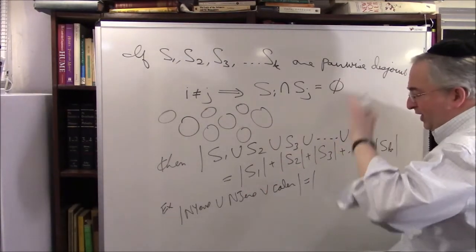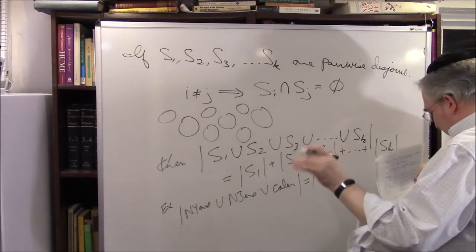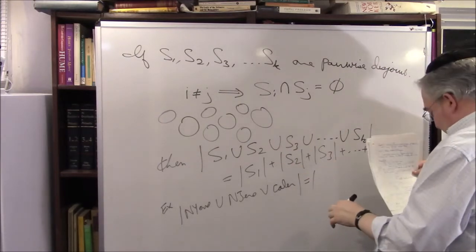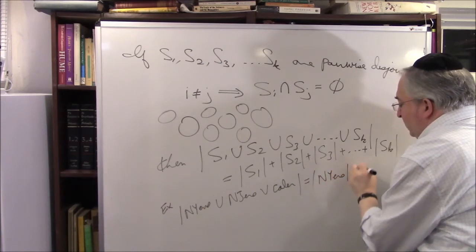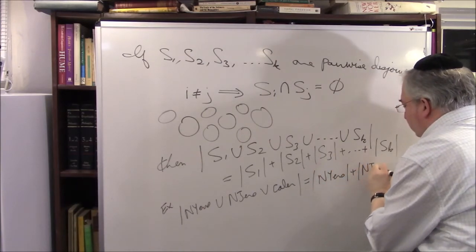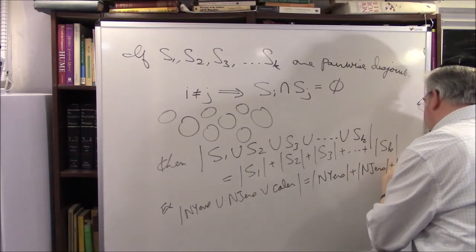They have different personalities, they're different people, never the two shall meet, they shouldn't get married, etc. So it's equal to the number of New Yorkers plus the number of New Jerseyers plus the number of Californians,